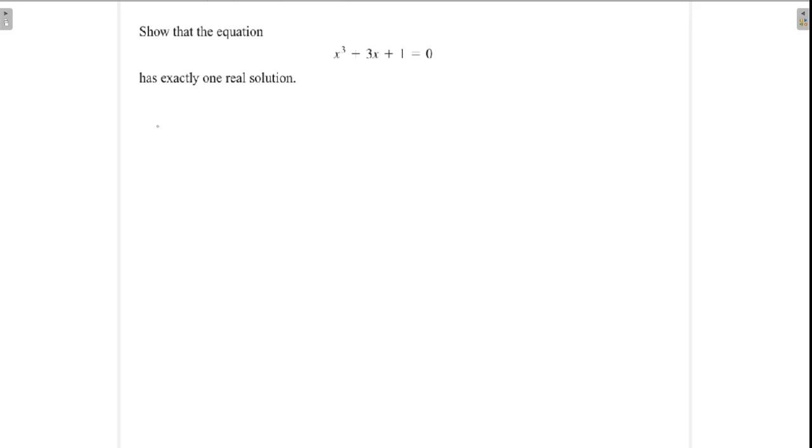Okay, so suppose for the contrary that there exist a, b belonging to the real numbers. These are real numbers. If we consider the real line and assume that there are 2 points at which this function, if we take f(x) = x³ + 3x + 1, suppose that this f(x) equals 0 at a and b. Okay, we need to prove that there exists only one. For the contrary, we assume that there are 2.